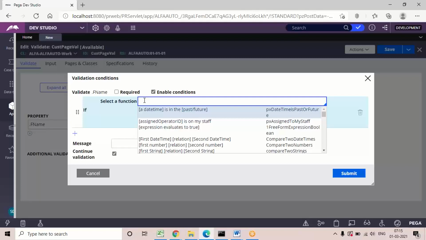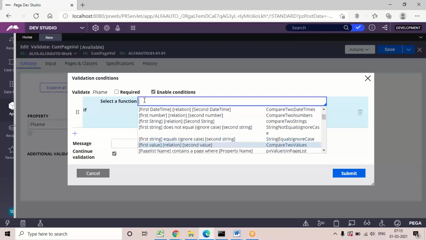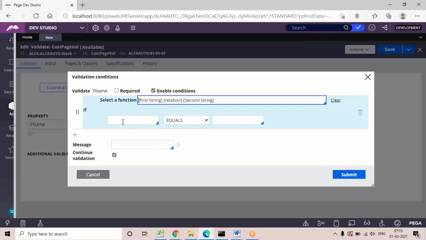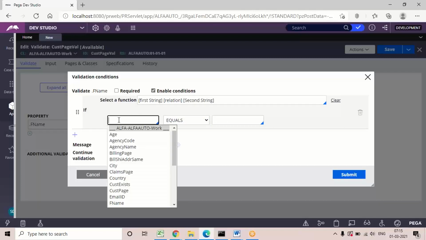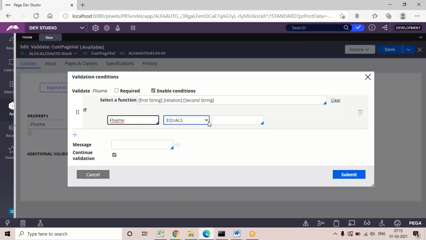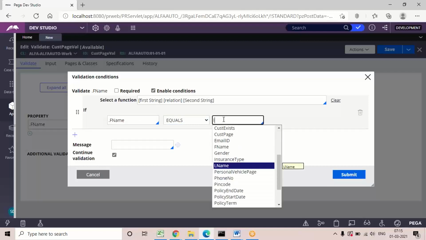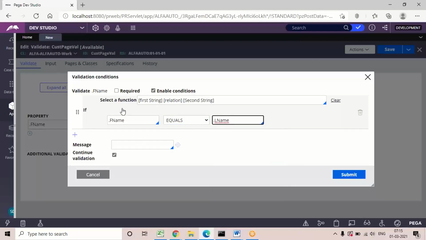See here, I'm comparing two strings. Last time in constraints we used first value relation second value, but here I'm going to use first string relation second string. Now only the if condition is available here; the require condition we don't get. So if first name equals last name, the property name for which the error will be displayed is already chosen in the property selection, this first name.